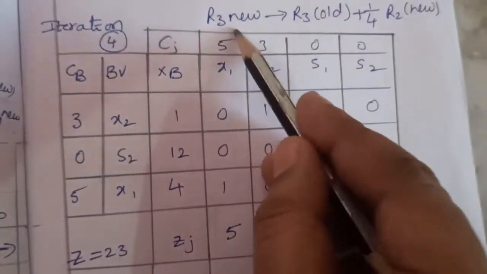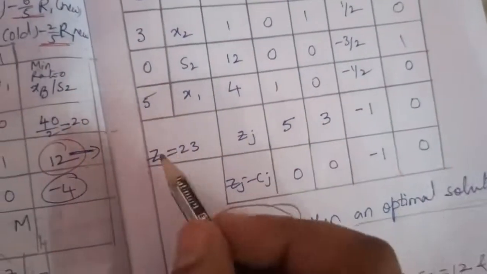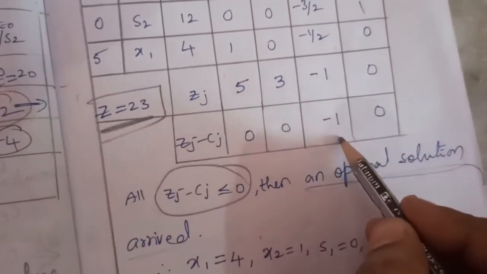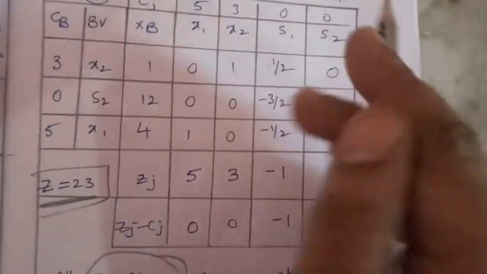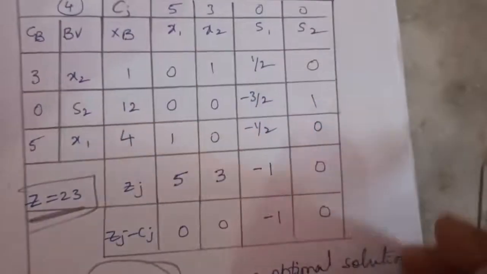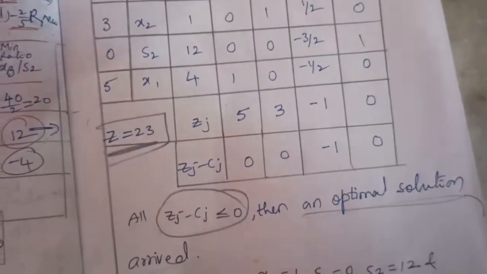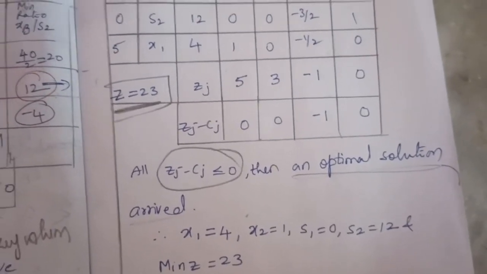Likewise. So by using these three statements, we got the next iteration table. So from that, this is the final value because Zj minus Cj is less than or equal to 0. And here we got only basic variables. There are no artificial variables. And this is the 23 answer, the final answer for the solution. This is the optimal solution for the given problem.